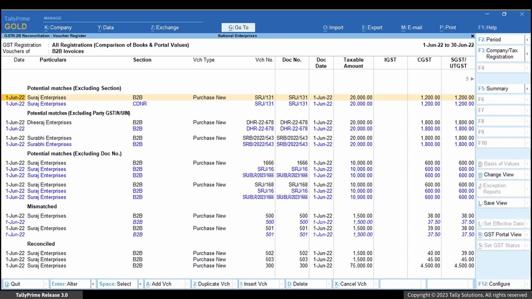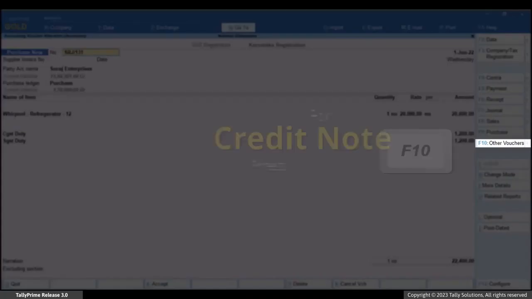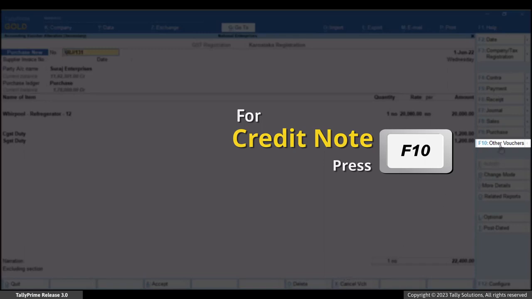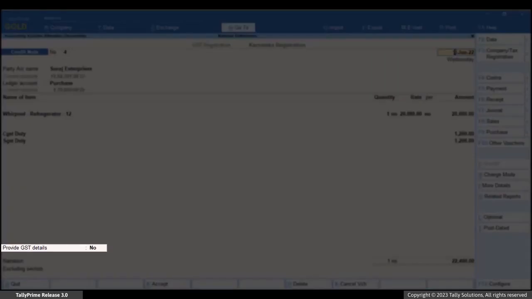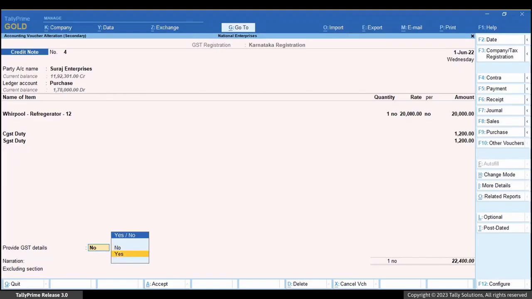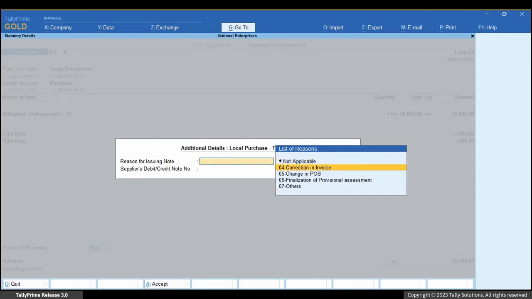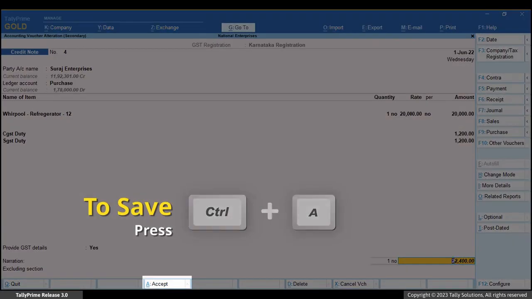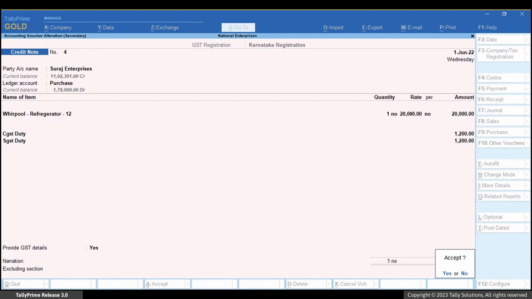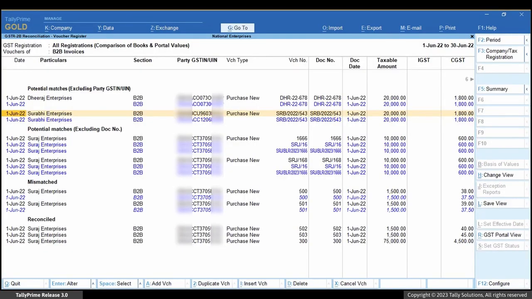In such a case, drill down to your transaction. Press F10 and select Credit Note and press Enter. Set Provide GST Details to Yes. In the Additional Details, Local Purchase, Taxable screen, enter the details exactly as per the supplier's debit or credit note. Press Ctrl+A to save the information. Now, press Ctrl+A to accept the transaction. As you can see, the transaction has disappeared from the potential matches, excluding section, and has started appearing under the